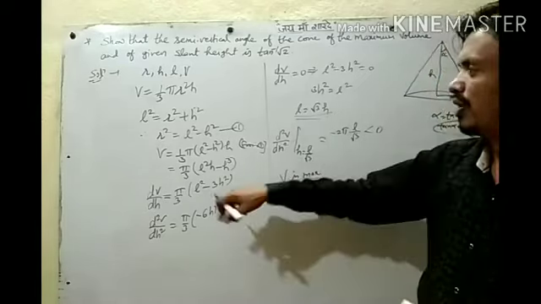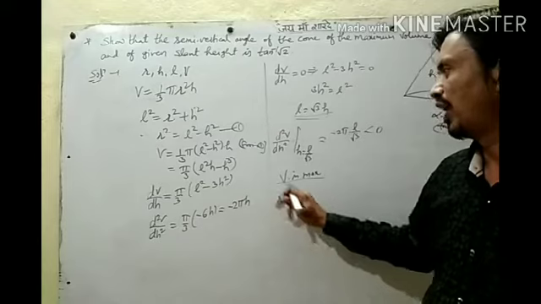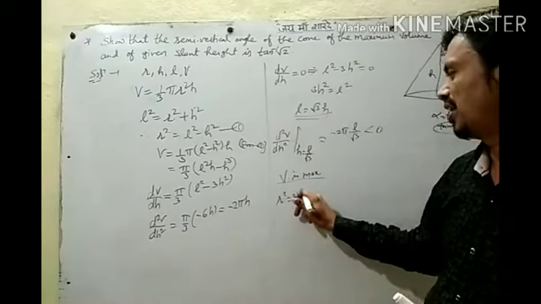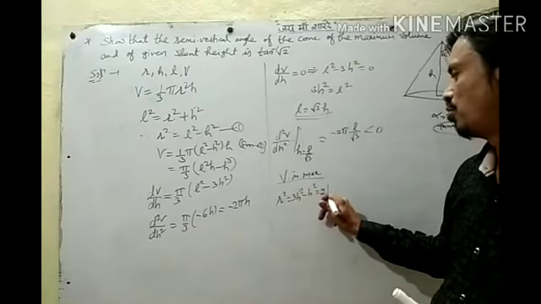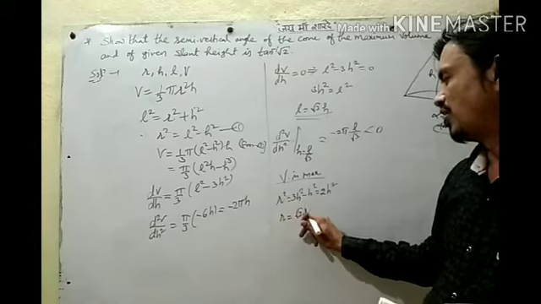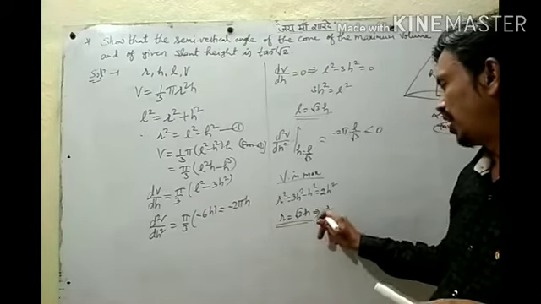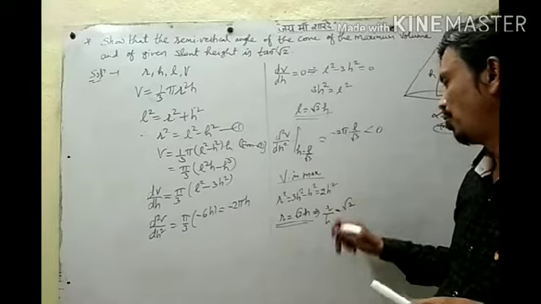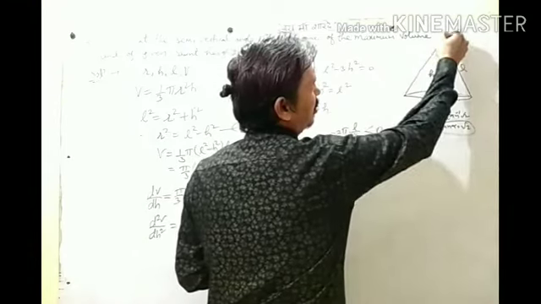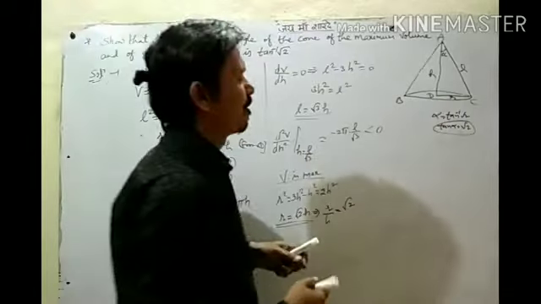Now from the given relation, r square equals L square minus h square. L square is 3h square. So we get 3h square minus h square, which means 2h square. So r will be root 2 times h, and r by h will be root 2. Then from the given triangle, suppose ABCD, in this triangle ADC, what do we get?